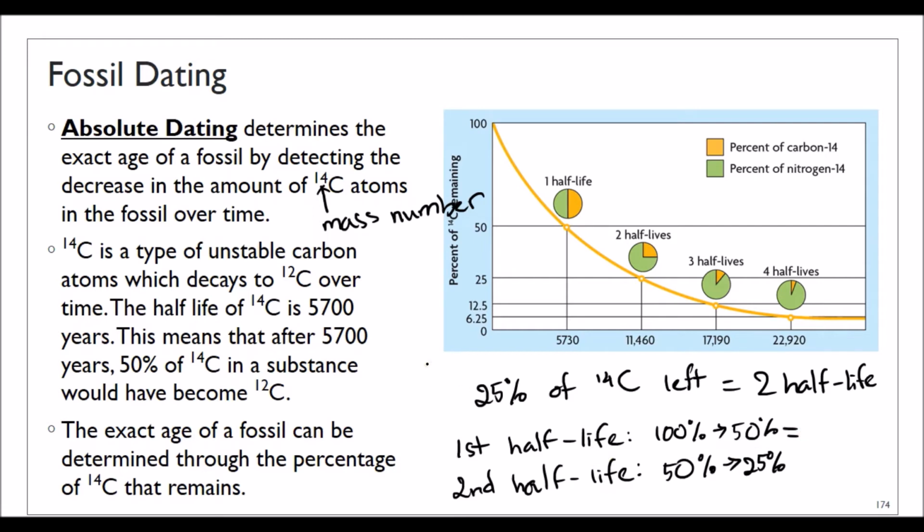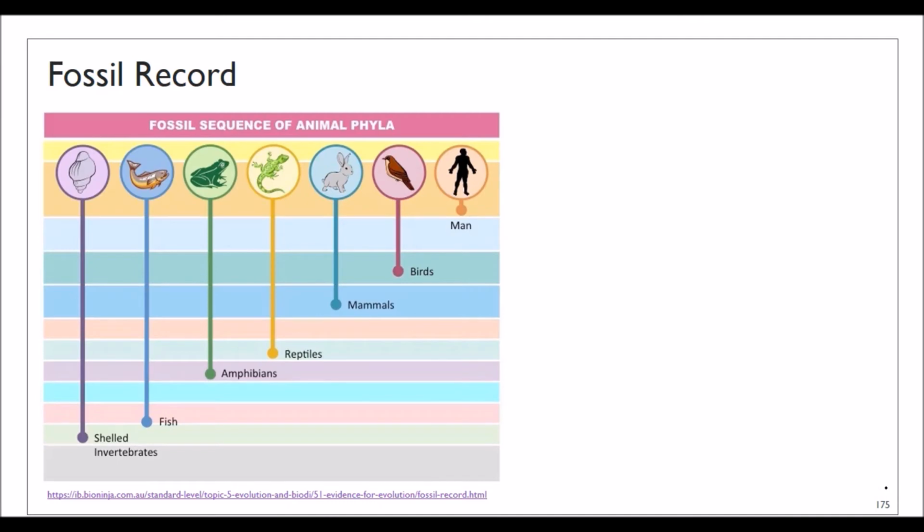10,000 and 10,000, okay, I can't do maths. Anyway, the first one's 5,700 years, and the second one's 5,700 years as well. So this is good. 11,400 years have passed, and that would be the date of the fossil. So that's absolute dating. And the interesting thing about the fossil record is it allows you to really track the change